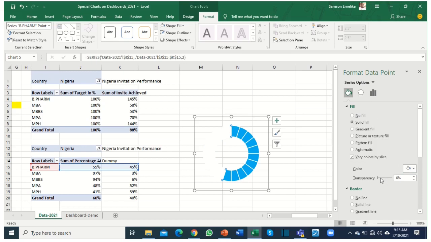And I'm going to increase the transparency to, let's say, 20. See, as you are increasing, the white is getting transparent and revealing the color of the primary donut chart. So let's check 25. Good. So we are here. So the next thing we will do is to